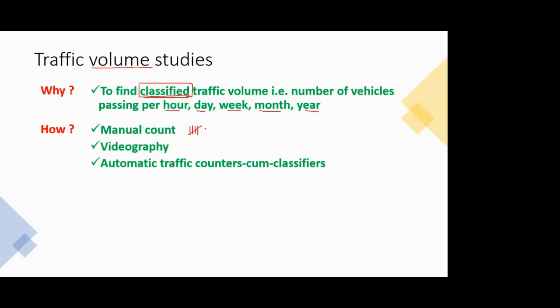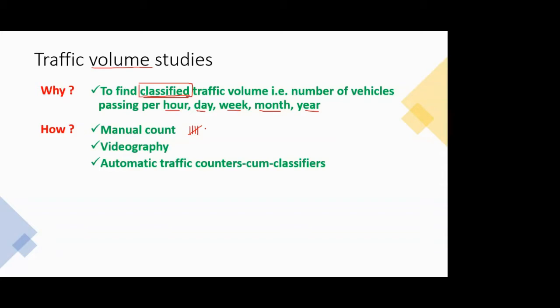But obviously the disadvantage is the error. Many times, if it's a 24-hour survey, you are not able to control the whole 24 hours. Maybe you'll do a frequent check during the daytime, but at night, especially 1 a.m. or 2 a.m. or 3 a.m., in the midnight or early morning, it's very difficult to keep a check on this.